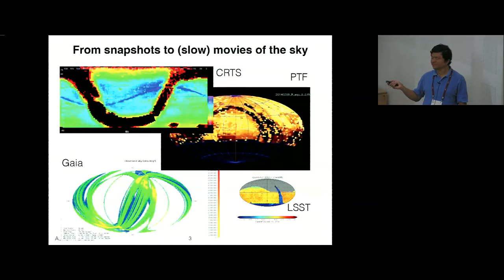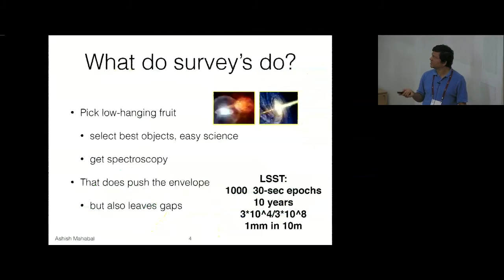And of course, as I mentioned in the previous week's discussion, LSST, which will be coming on, has one of its main things that it'll go very deep, and it'll be observing a large number of objects. So how to classify that at the rate at which LSST will be finding things is going to be a challenge. So what is it that surveys do actually?